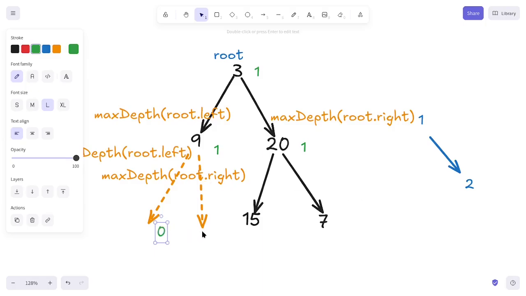Then we are returning 0. And then we count this up, 0 and 0. Before we count this up, we need to compare both 0 before returning back to the 9. So that way we can